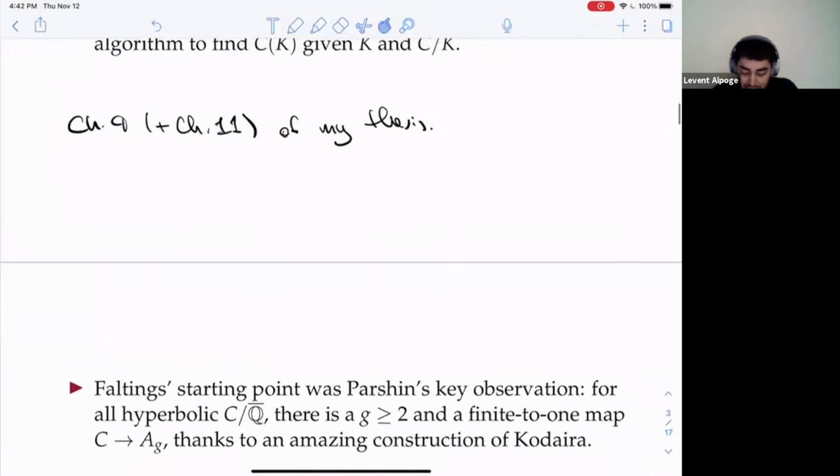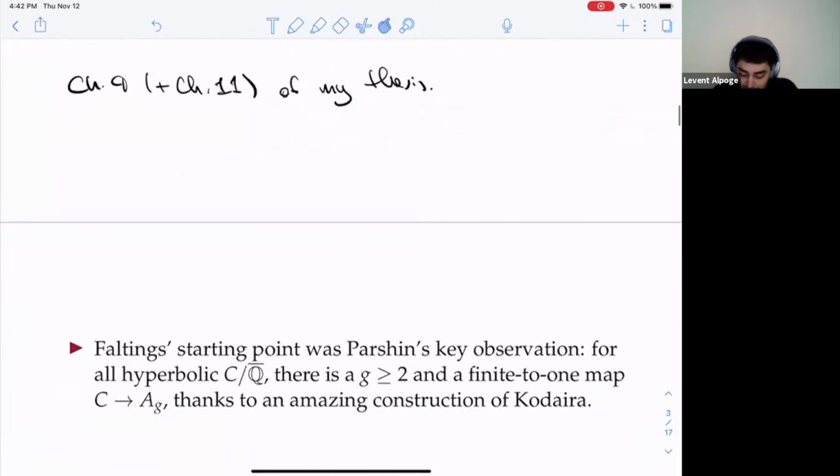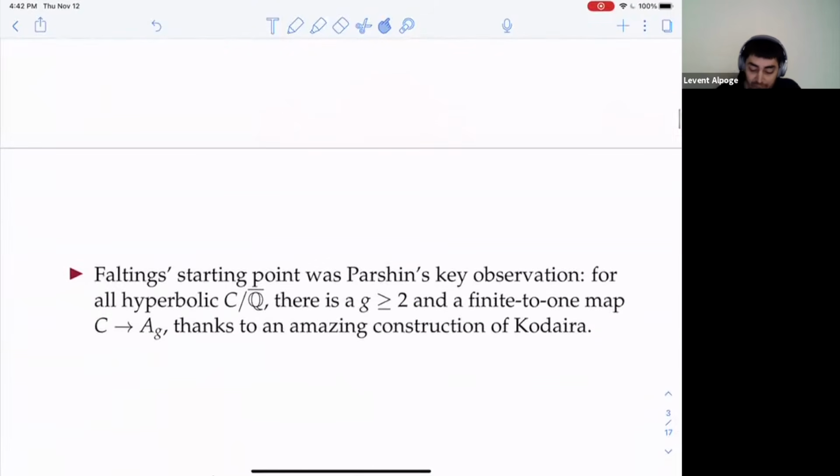But I want to jump into the math. Remember, I said Faltings' theorem, and I said that I would be talking about Faltings' first proof. So let's get to it. Faltings' starting point,